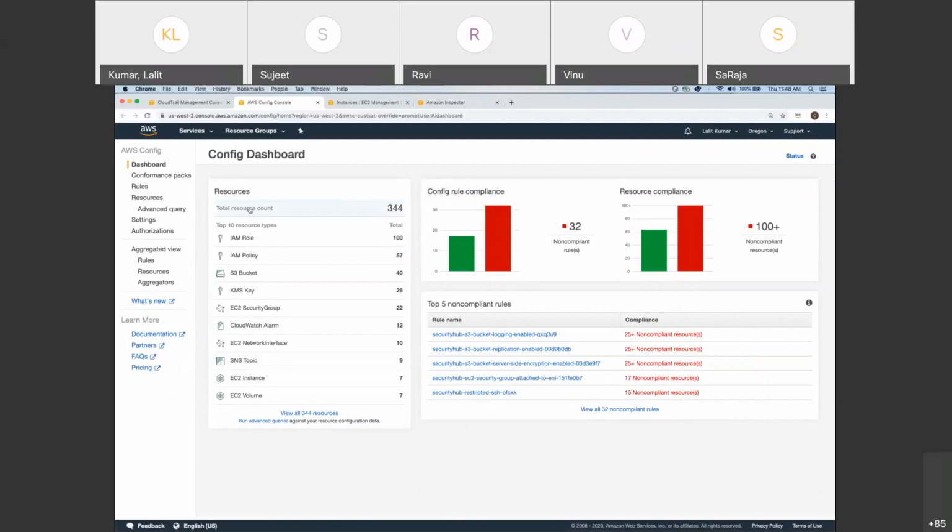These are the resources available to me. There are 344 resources: IAM role, EC2 network, EC2 instance. There are 7 EC2 instances. Go to EC2 instance. Pick them. You see, are